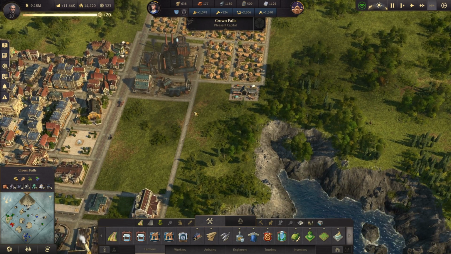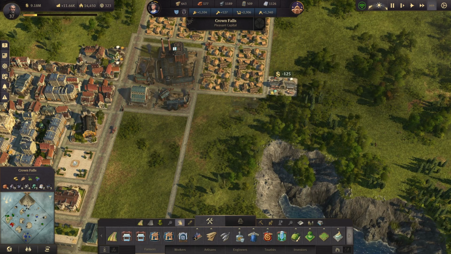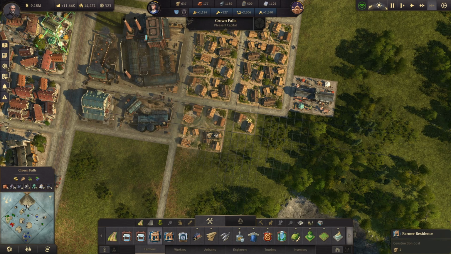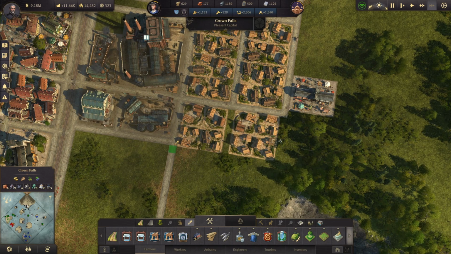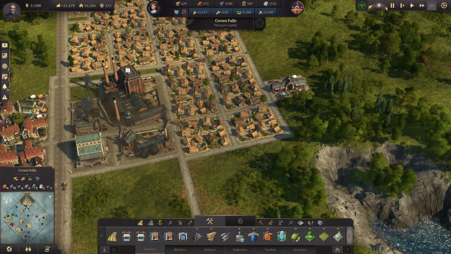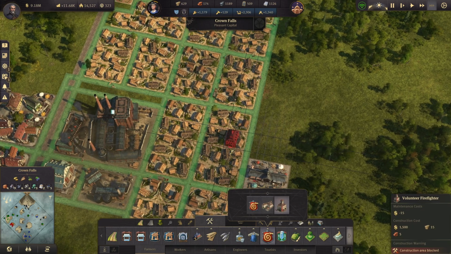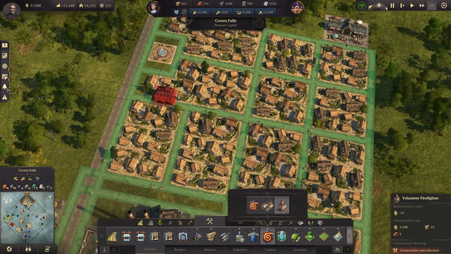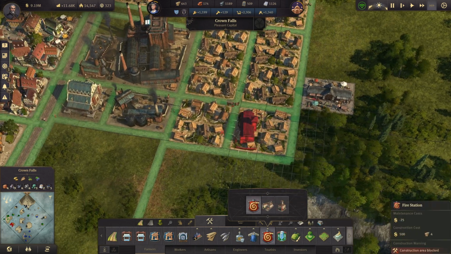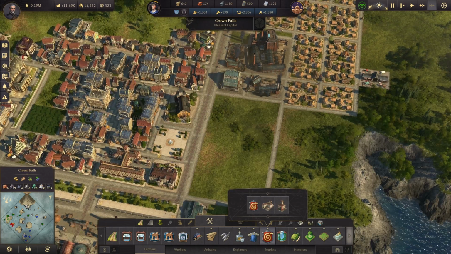Come over here. So I got a little quiet for a second because I was trying to look and see what this road right here does. And it looks like it kind of does a little bit of this number. It's probably depots and different types of buildings, but I got to work with what I got, so...